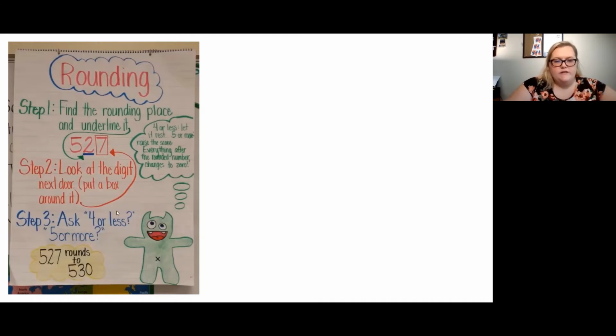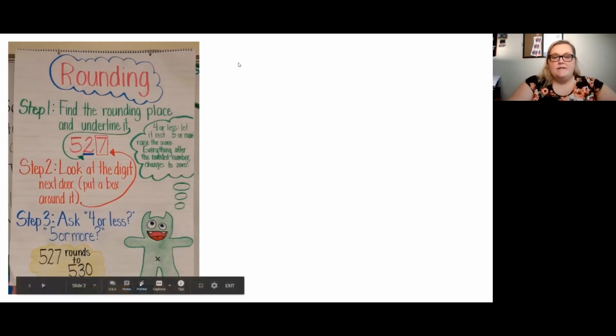So this is a really easy way for the teacher to explain it to the kids, and then typically they go through some examples with the students. They'll give them numbers and they'll have them practice that skill. You can do that with your students at home too: you can just give them numbers and have them practice that skill at home to see how well they understand rounding. So let's go ahead. I'm going to share my screen with you again, and we're going to go to a whiteboard option this time. And we'll just give an example of if we have the number